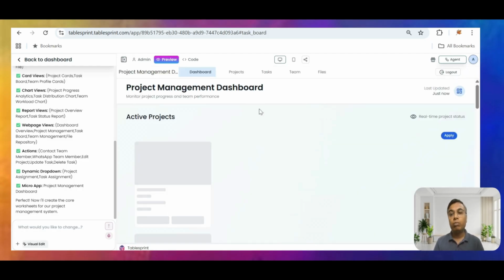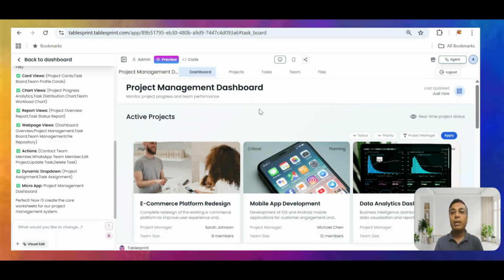Another very cool feature of TableSprint is that it comes with its own database, and it also comes with its own agent builder, right? So if somebody fills a task, your team member, his project manager needs to get an email, you can do that here with TableSprint. So I will quickly cover some part of the agent building, which we will cover in detail in some other tutorial. So let's look at